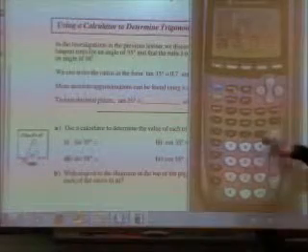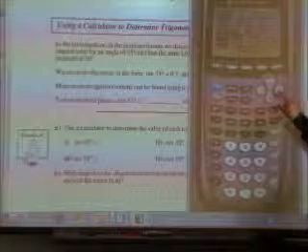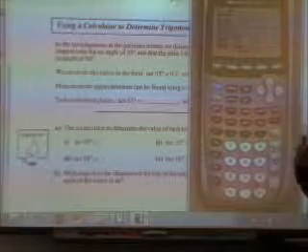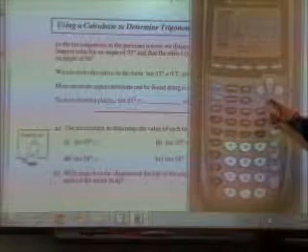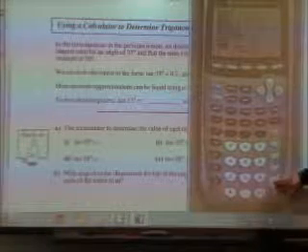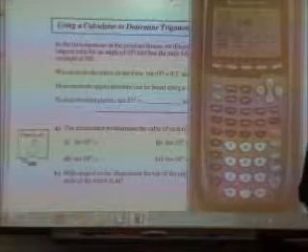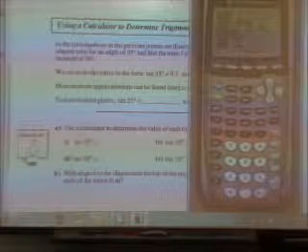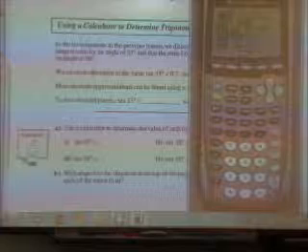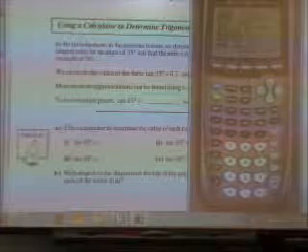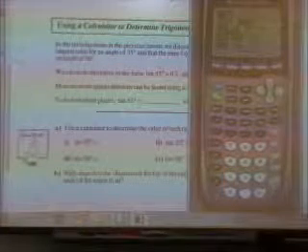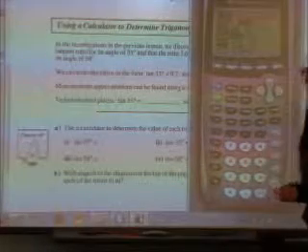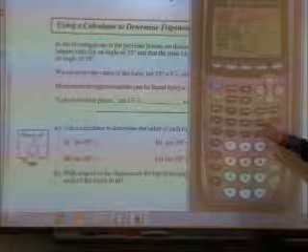If it is not, say the radian was highlighted, I would scroll over to degree and press enter, and then it would highlight degree. My calculator needs to be in degree mode because we're calculating degreed angles. When we get into grade 12, we'll look at radian measurements, but for now we're looking at degrees. So if I typed in tan 35,